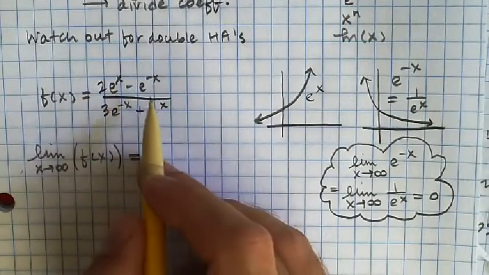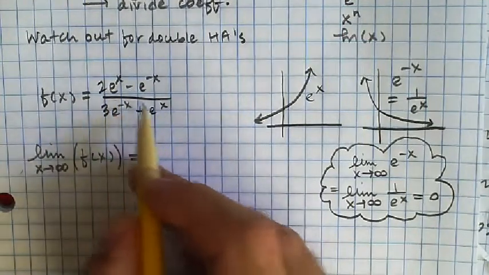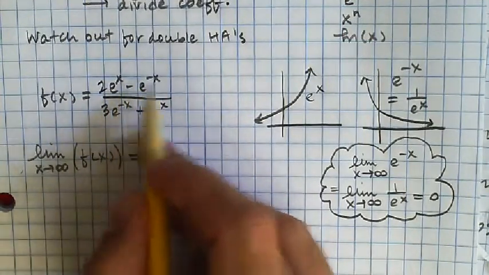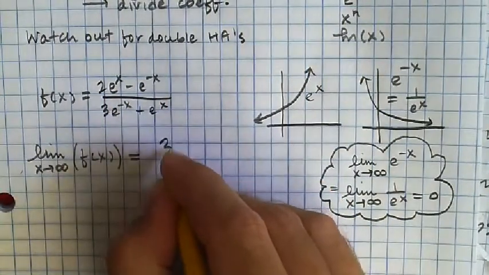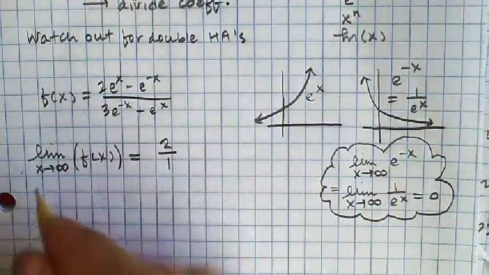Okay, so it's going to 2e^x over e^x, which is just 2. That's why we divide coefficients, because these things are basically 0 as we go towards infinity. And so it's going to 2 over 1. Meanwhile,